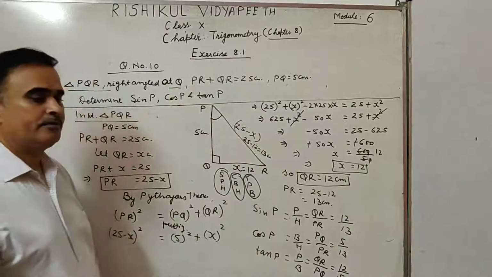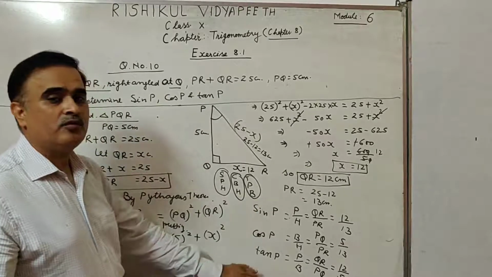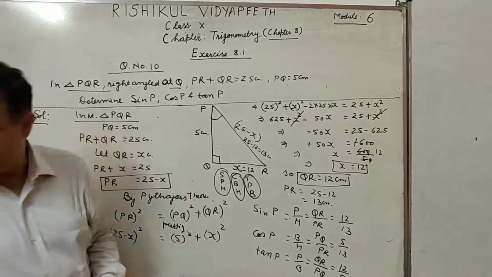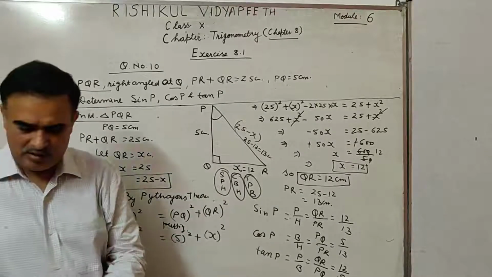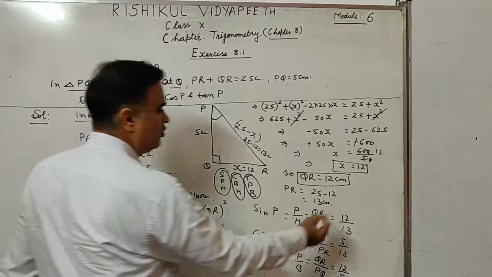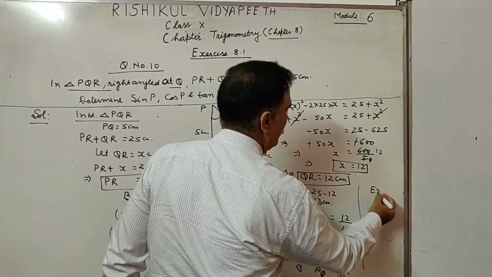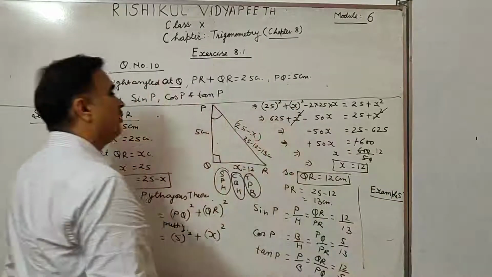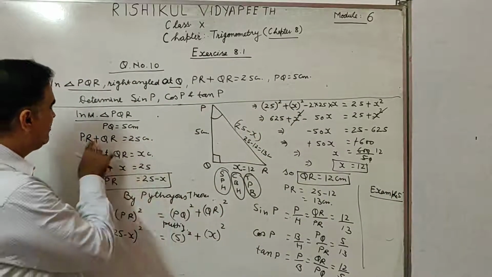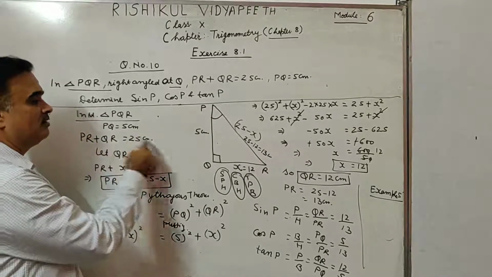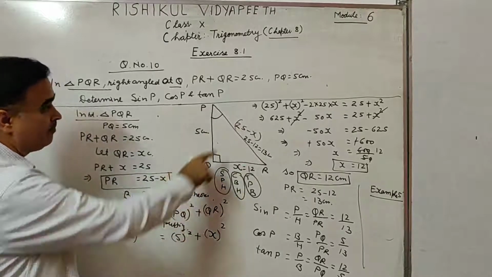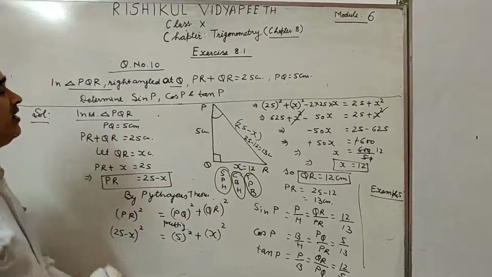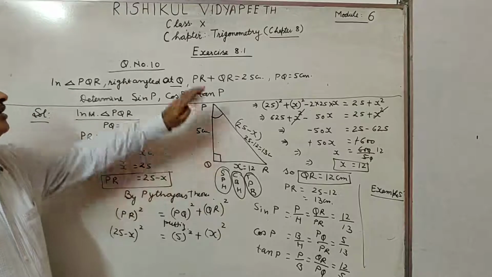So my dear friends, you are able to solve this question, and then the same question is in example 5. You do this example 5 the same way. Here, in place of plus, you will be given minus, and then you will get the a plus b whole square here. Otherwise, it is the same question. So, my dear students, I think you are able to do this exercise 8.1.